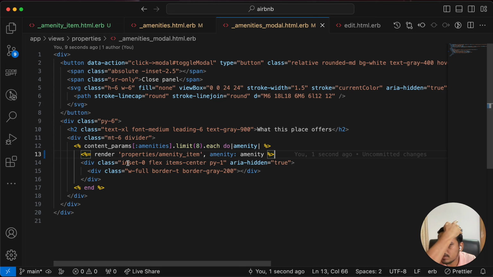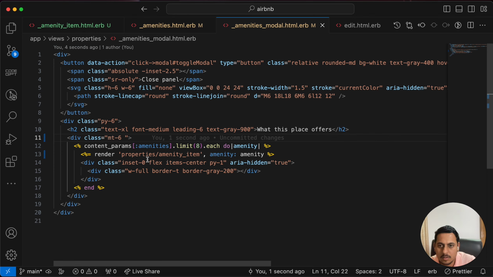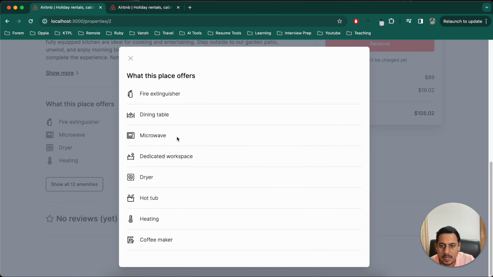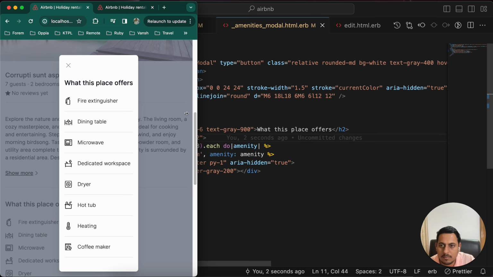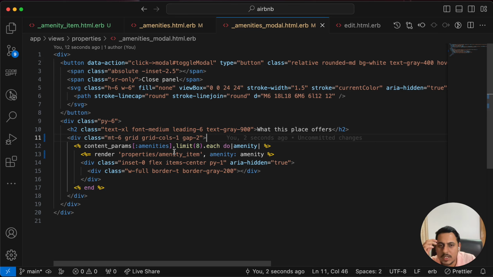So what we can do is grid columns 1 gap 2, something like this. Let's try this, and now it looks better. Okay, looks better. So this is another one that we have changed, and